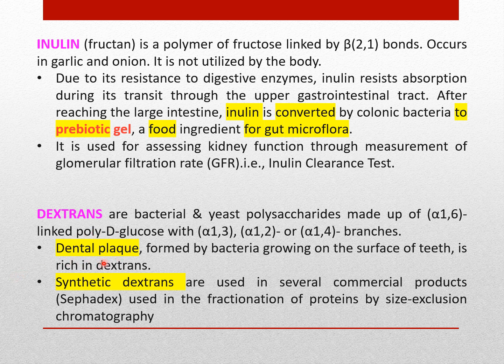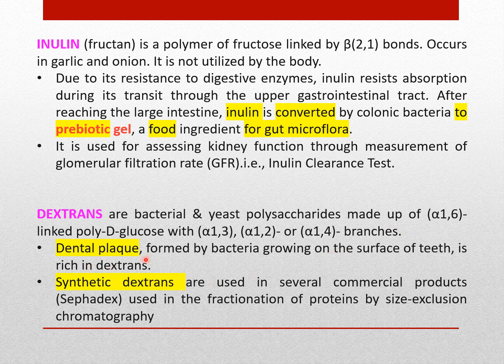Okay. And then dextran, this one not so good because they form dental plaque. And then look at their structure itself. They are polysaccharides obtained from bacteria and yeast, and their structure-wise is a bit odd compared to, say, glycogen. For glycogen, alpha 1,6 is actually the branching bond, but for this, it's actually forming the chain itself, while the branching is done by alpha 1,3, 1,2, and also 1,4, the one that forms the chain in glycogen. So it's a reverse of glycogen altogether.